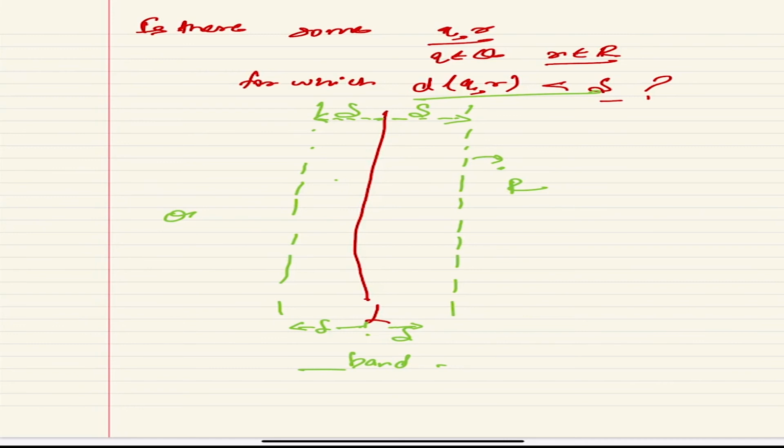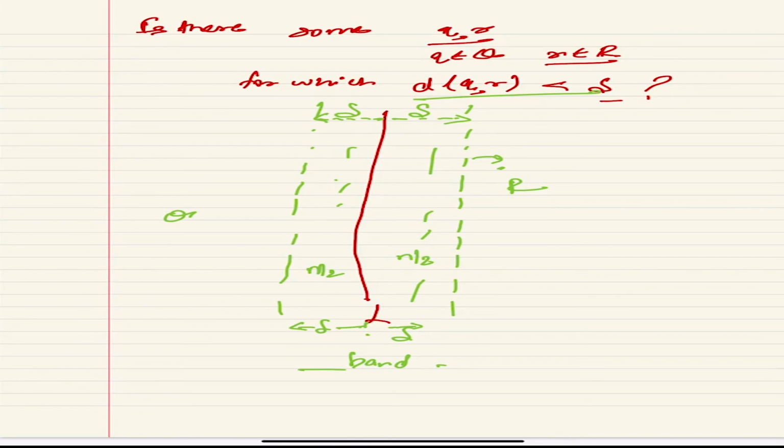But it does not help you much, you see. It may even happen that all the points are lying within this band. Yes, all the n by 2 points are in this band. Then you have to again do n square comparisons, and it does not save much. So now can we do something more interesting?